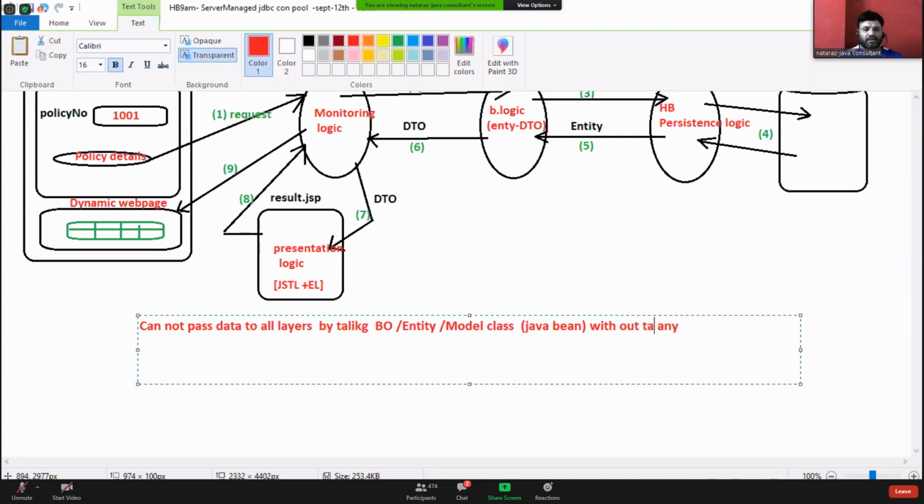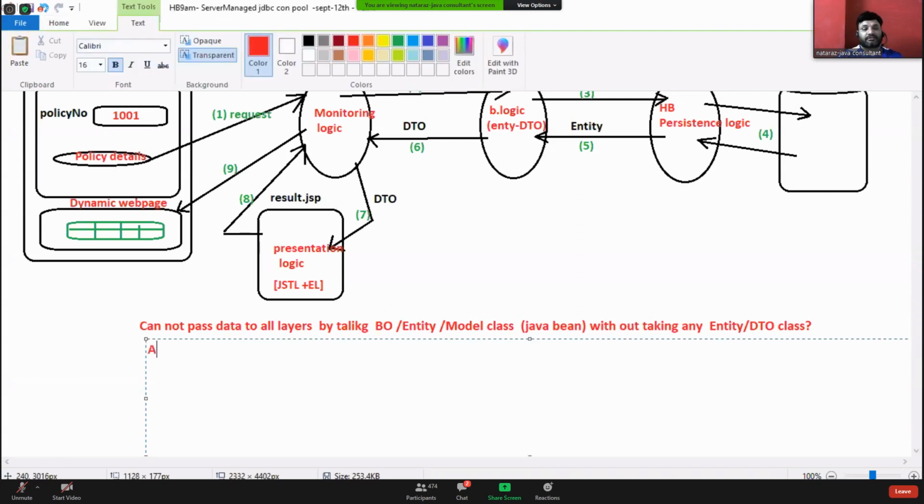Without taking any entity or DTO class. Understood my point there? Yes. Answer: we can do, but not recommended. We can do, not recommended. The reasons are,